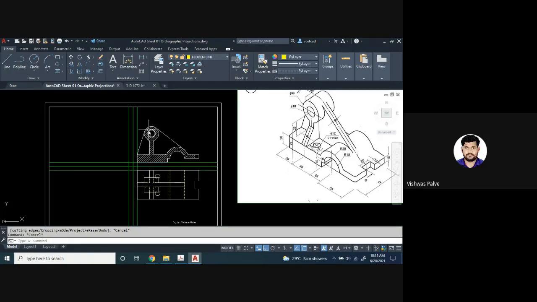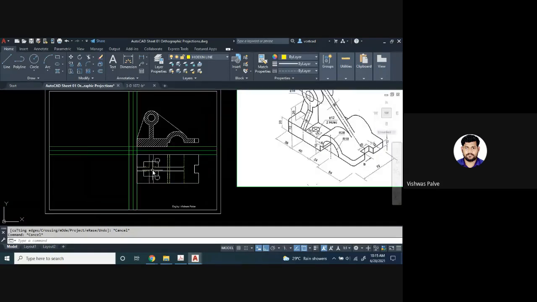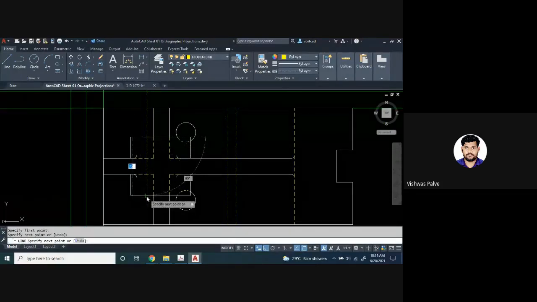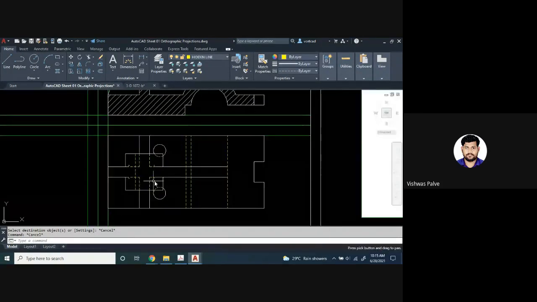So if there is a hollow cylinder here, in top view we have to show the internal portion of this, right? Whenever there is a hollow cylinder, there will be a hidden line representing it. So that line is missing. For that, I will take a reference here. From this line to here, I will show hidden. I will delete this portion. I'll use the match property option. I will draw a match property line. Here we have to show this hidden. Similarly, here we have to show hidden line.